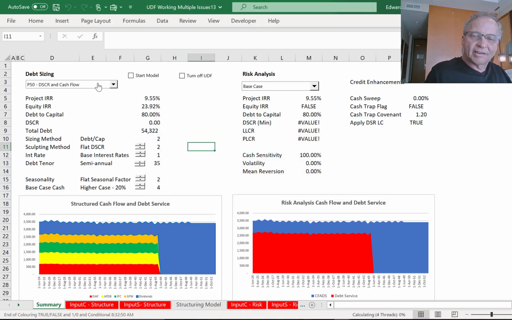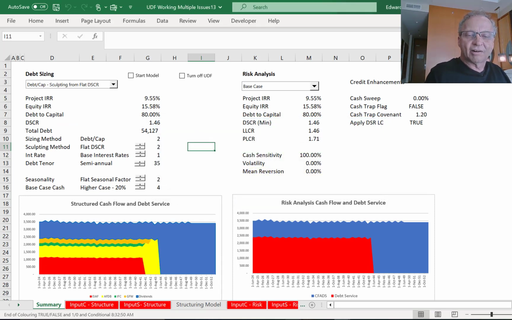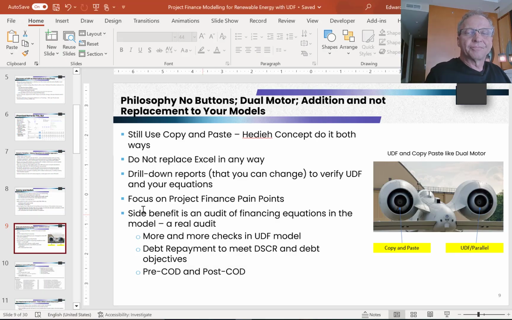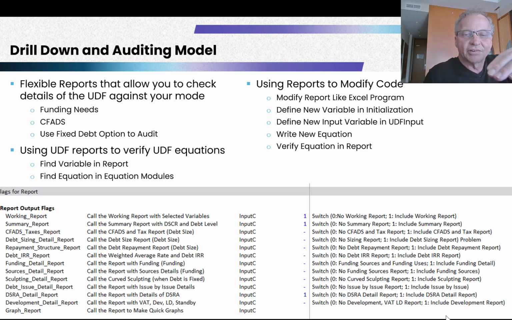Okay, so that's the mechanics. Now here's the, if you are really, oh no, I didn't mean to do that. I meant to go here. Okay, on the next page I just show you how you use these reports. Now, if you really want to do this,